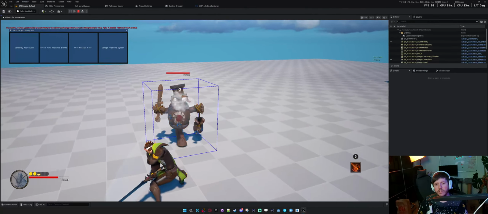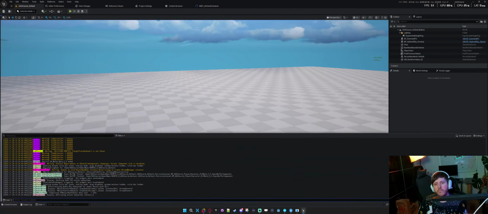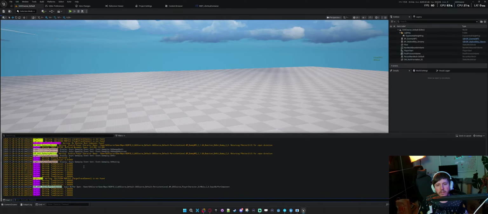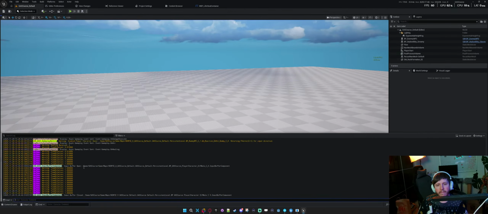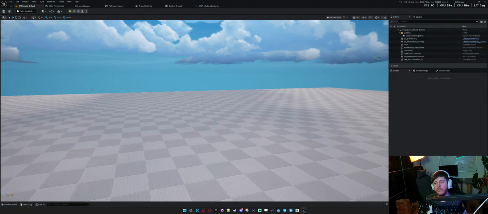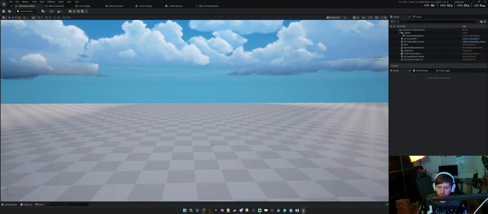And then we do this. Okay, no crashes. Are we getting that output? I can't tell. Yes, healing received 3, which is correct. Awesome.